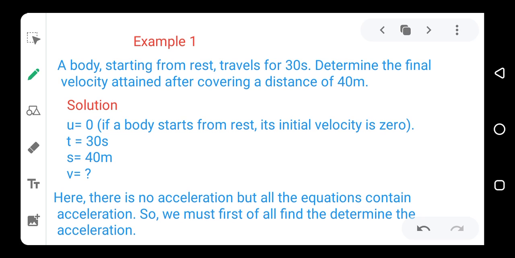Now here, how do we know which of the equations to use? All the equations that are given contain acceleration, but in the parameters we have here, there's no acceleration given to us. Equation